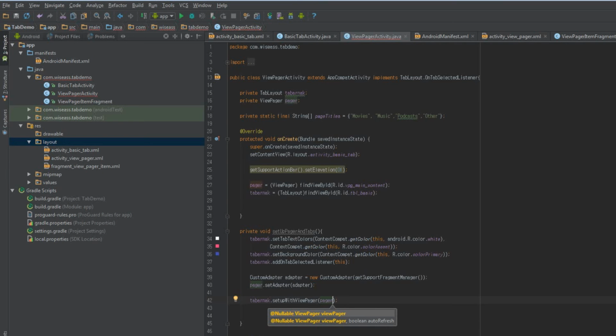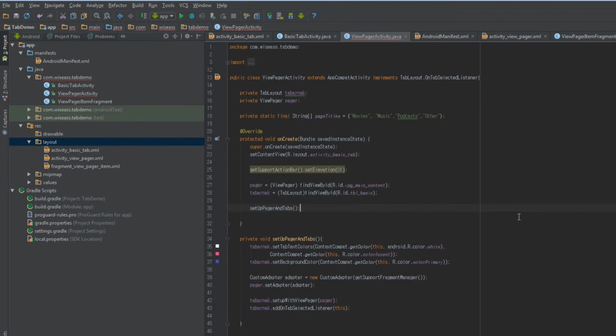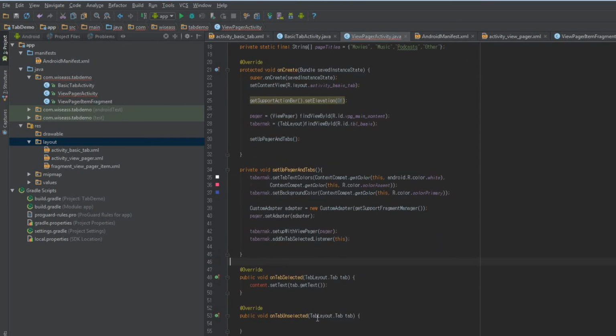We've got the pager. Of course, we need to... I'm actually just going to move that down here. I don't think that's consequential, but just in case. We need to, of course, call that method, set up pager adapter and tabs. That's that. And the only other thing we need to do is head down to onTabSelected. There's two things we need to do. First off, head down to onTabSelected, delete that, and all we will say is